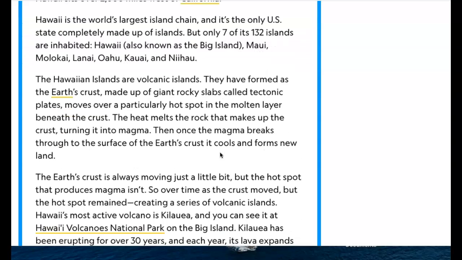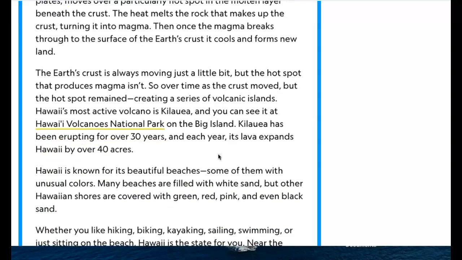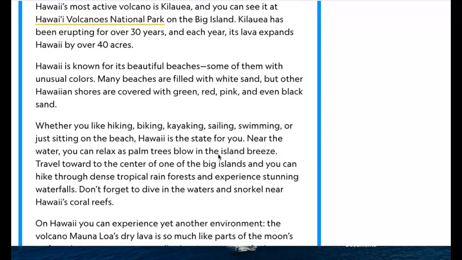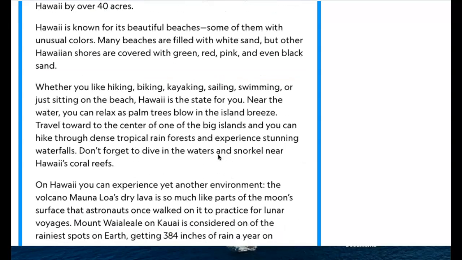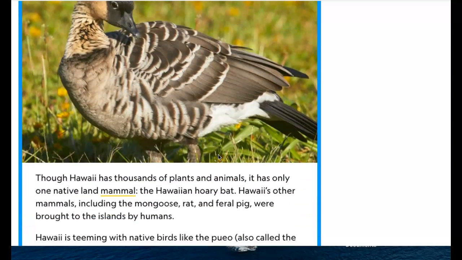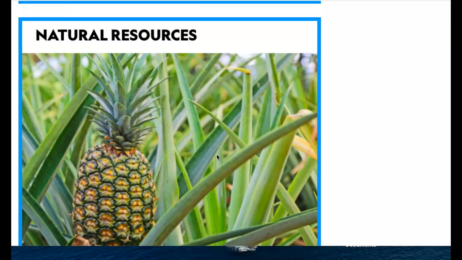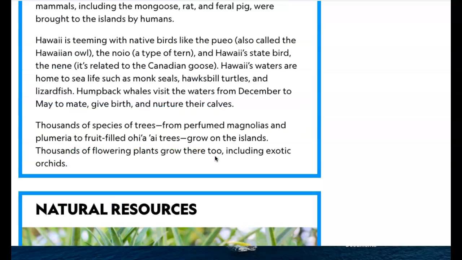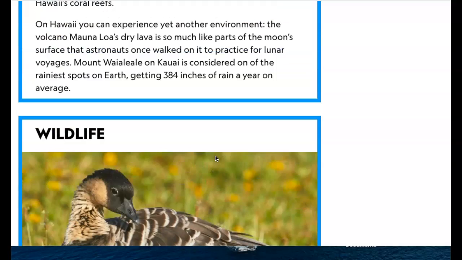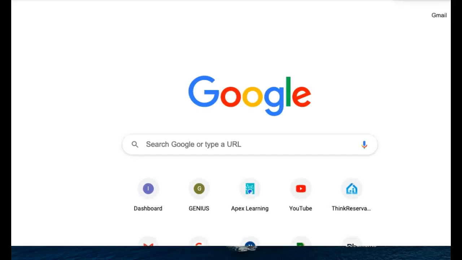So I'm going to scroll just a little bit because this is kind of what I expect my students to do, is that you are going to kind of skim through and look for information on the section that you are working on. Okay, so this goes into wildlife, this goes into natural resources. All of this will be applicable to other themes that you're going to get to in a little while. But we want to find information on absolute and relative location. So what I am going to do is to pull up